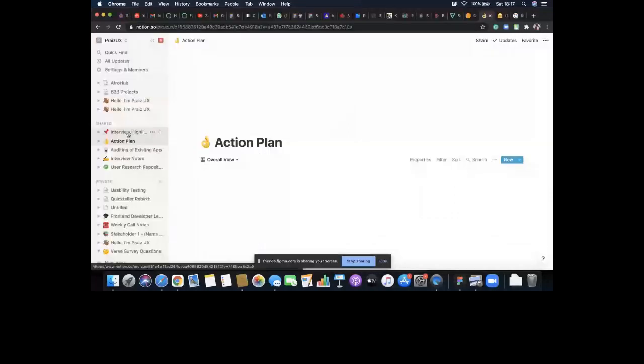Other ways as well that I use Notion, which I think I can quickly show. Because I do UX research as well, I have things like user interviews, and I want to display all of these. These are the highlights of the user interviews. Say I'm taking interview notes, I have the highlights of the interview notes.